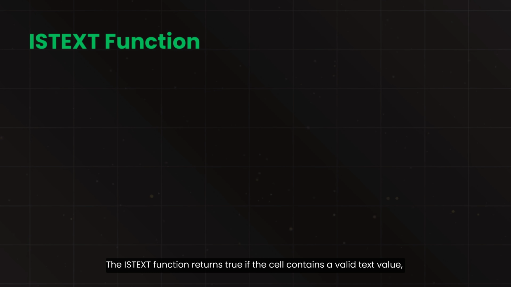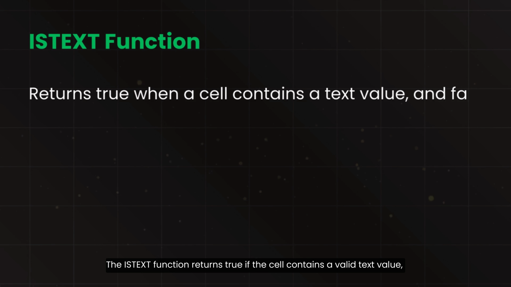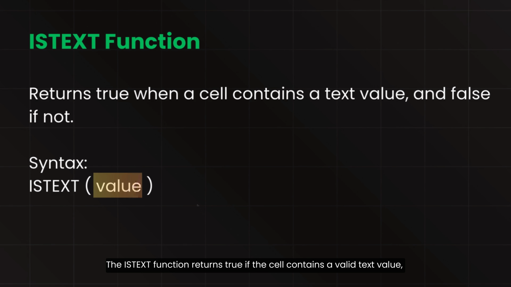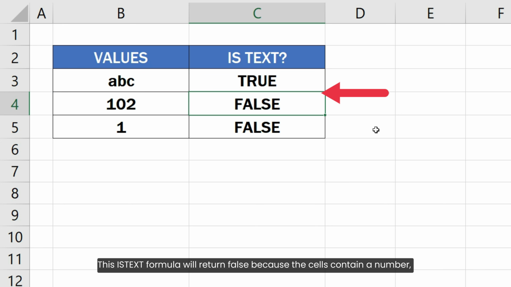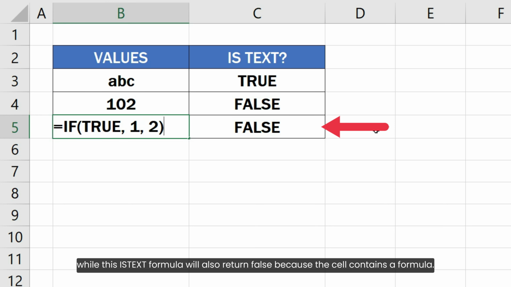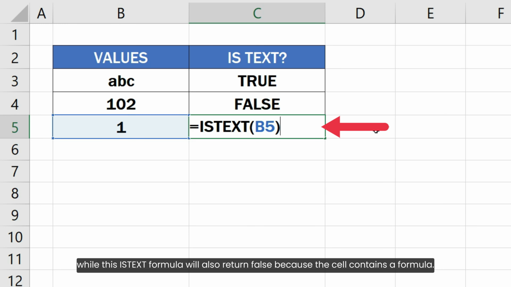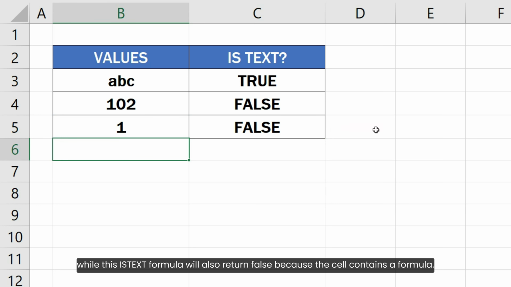The ISTEXT function returns true if the cell contains a valid text value and false for any other values like numbers or formulas. For example, this formula will return true as the cell contains a valid text value. This ISTEXT formula will return false because the cell contains a number, while this ISTEXT formula will also return false because the cell contains a formula.